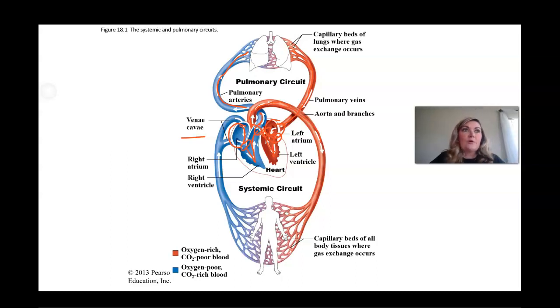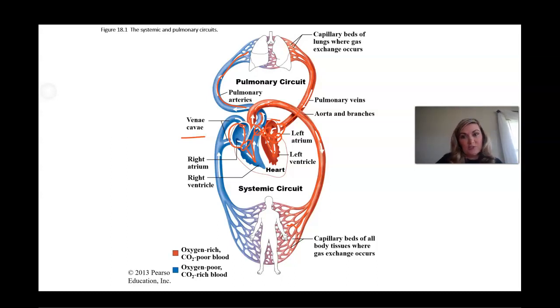That descending aorta can be divided up into further parts too. They're all part of the descending aorta, but it could be part of the thoracic aorta or go down further into what's known as the abdominal aorta. From there, it goes down and feeds the parts of the body, or the tissues. Now, once it gives its oxygen-rich blood to those tissues,